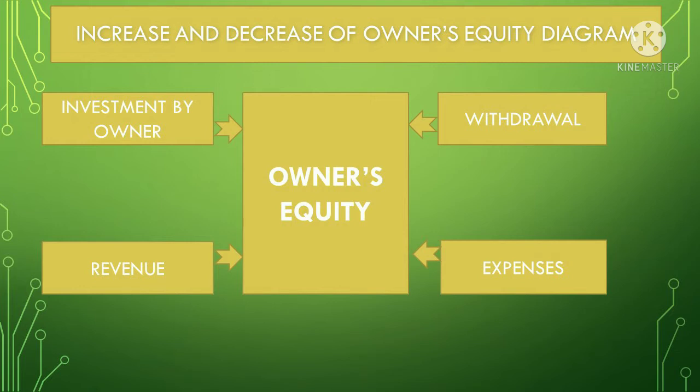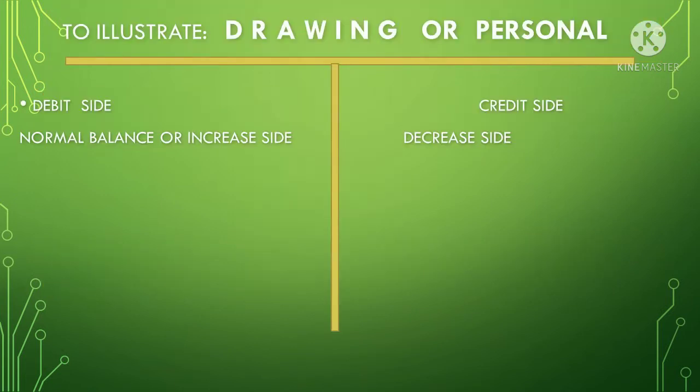goes up, so the amount in owner's equity or capital is added up. Then it decreases if there is a withdrawal, of course. The owner can withdraw money from his capital, or if there are expenses or losses, if the business loses, or the costs of doing business, they reduce the owner's equity or capital amount. Okay, so the meaning of drawing or personal, it is the reduction of an owner's